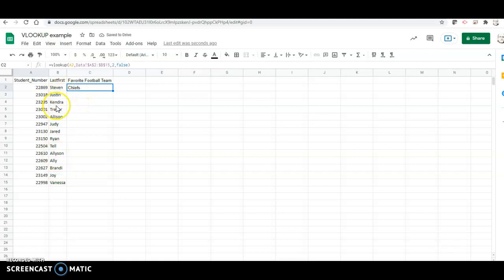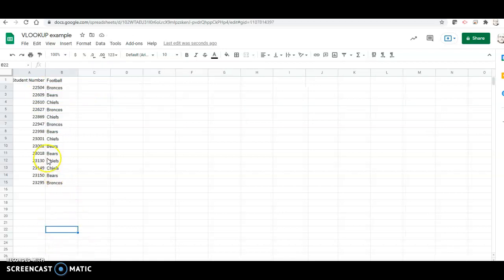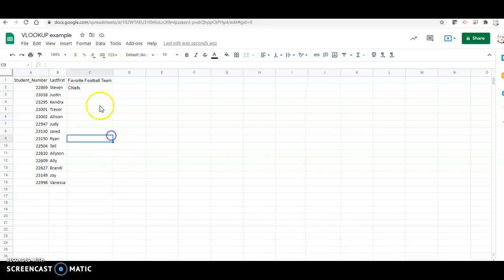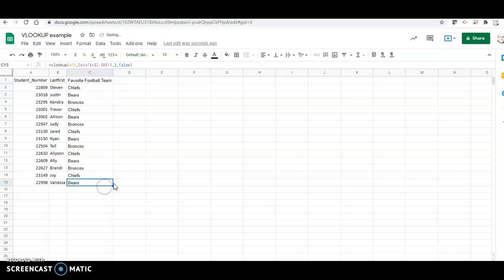So if we go back to the data sheet, we're going to notice that 22869 likes the Chiefs. So we brought that data over. And we're just going to click it and fill down. And there is how you do a quick